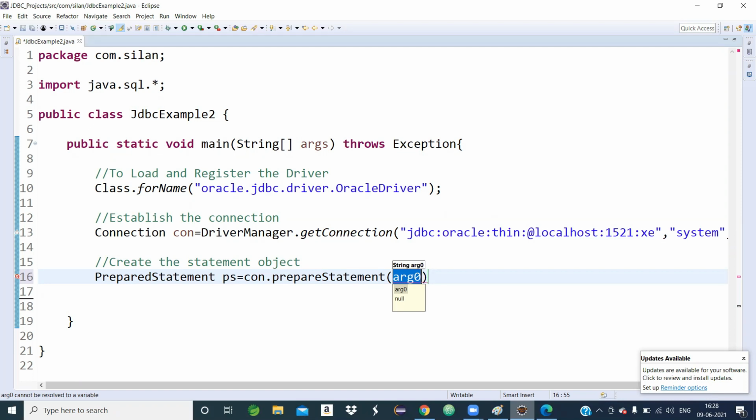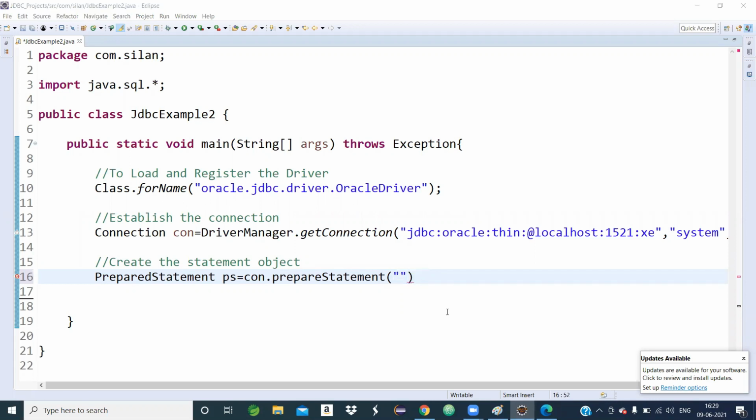When the prepareStatement method is invoked by the connection object, it returns a PreparedStatement object, or we can say we get a PreparedStatement object. The most important point is that the prepareStatement method takes an argument, and that argument is a parameterized SQL statement, your required SQL statement, so you have to write it.